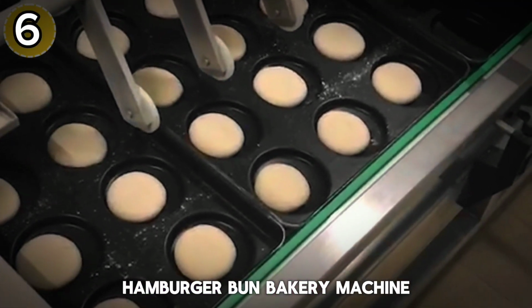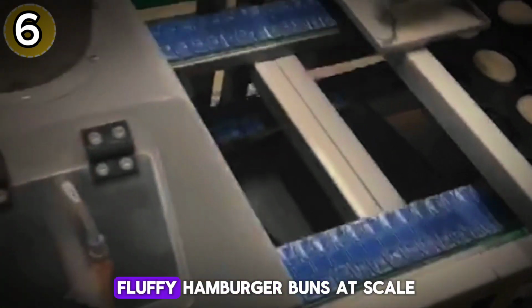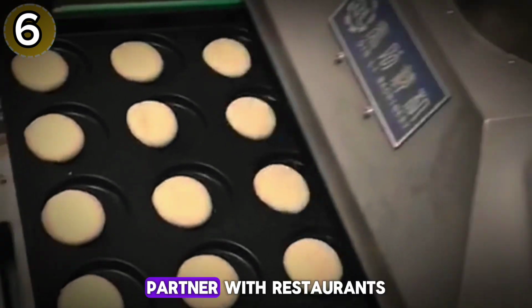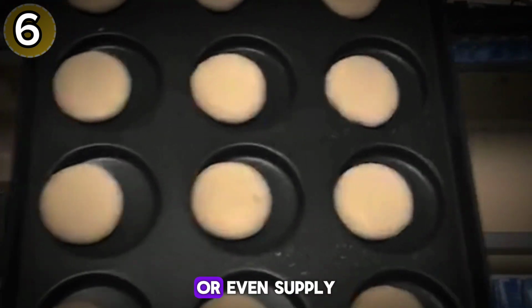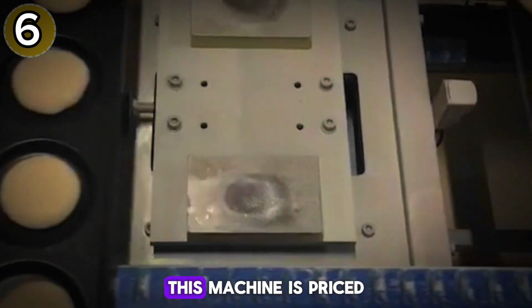Hamburger bun bakery machine. Calling all bakers. This machine lets you produce fresh, fluffy hamburger buns at scale. Partner with restaurants, food trucks, or even supply local grocery stores with their daily bread needs. This machine is priced at